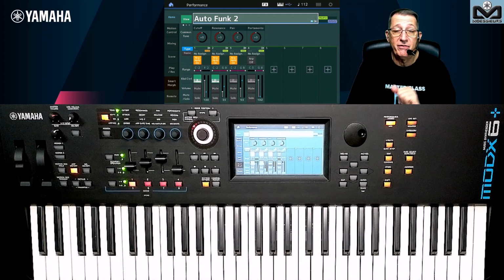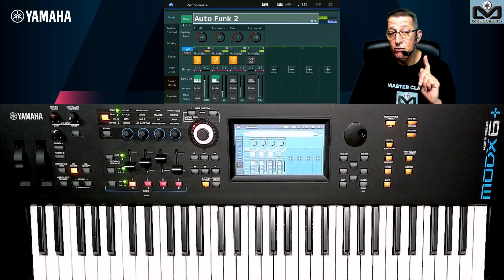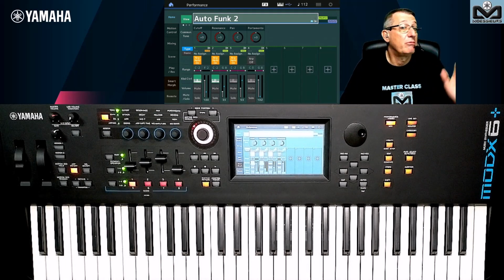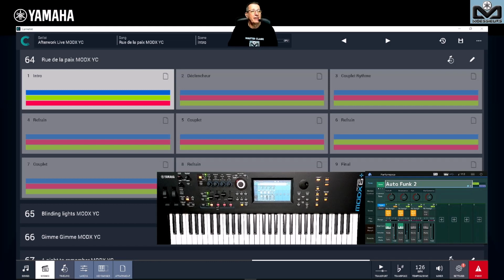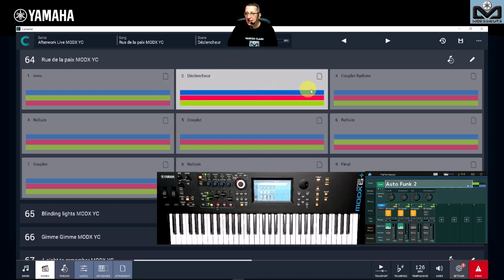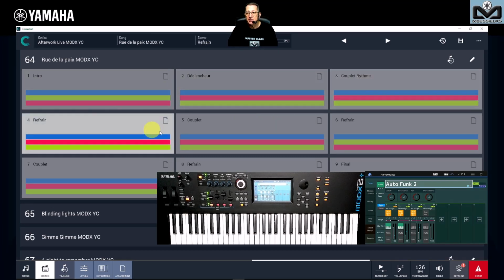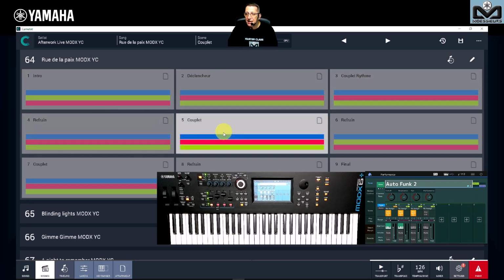So I have one of the advice, especially if you work with backing tracks, but not all, we can go here to the Camelot Pro. If you use backing tracks, really go to this. If you don't use, there is also a big advantage because you can program the scene on Camelot song as you want, and it will change here. This is not the good song, but it will change the scene as you want, 1 to 3, 3 to 2, 2 to 4, as you want.